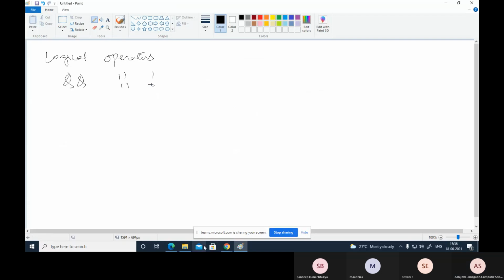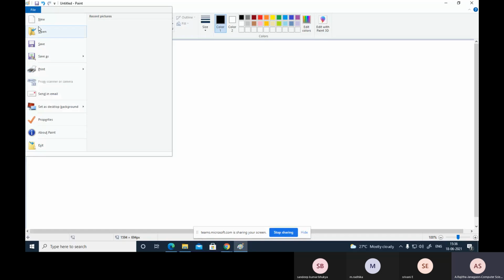Now see here, we know that the AND operator means if both of the conditions are true, then the result is true. Both the expressions return true, so the result is true. If any one is false, the result is false. With OR, if any one is true, the operator returns true, otherwise false. This is the negation: true becomes false, false becomes true.